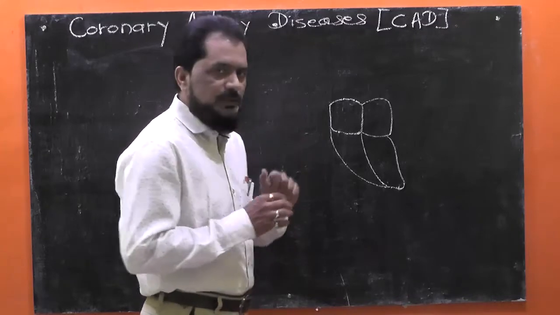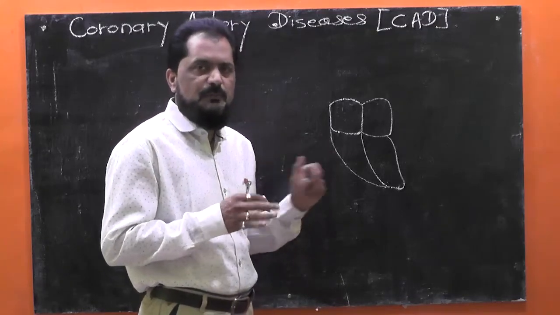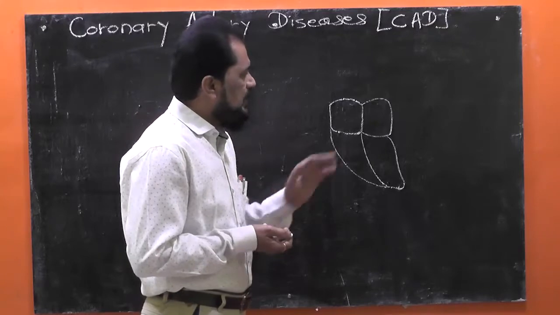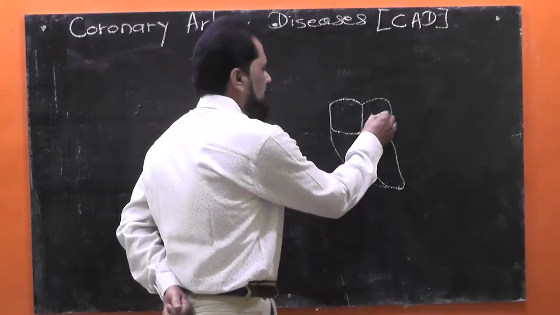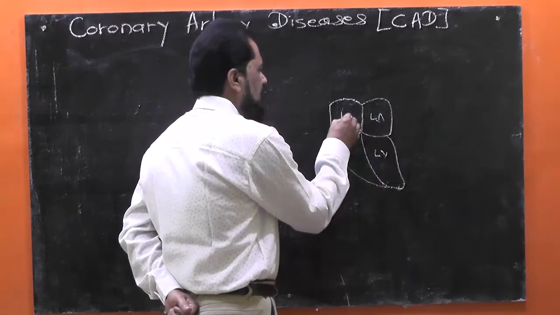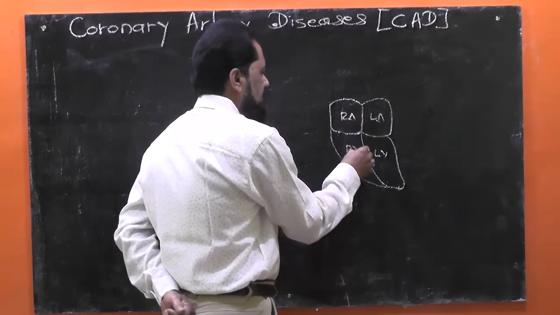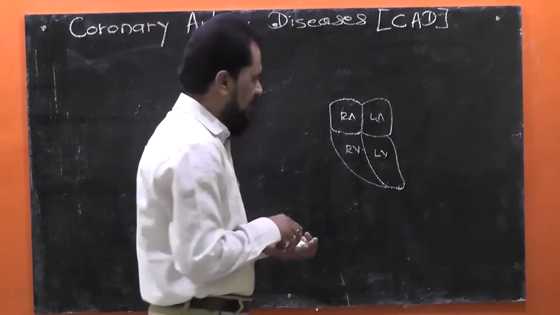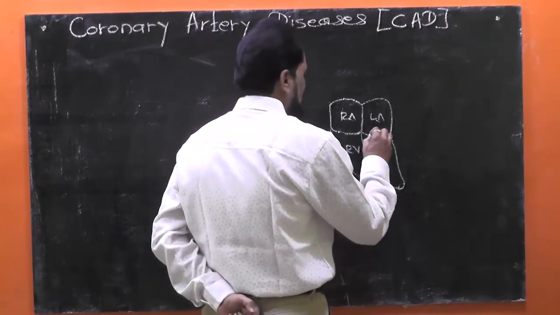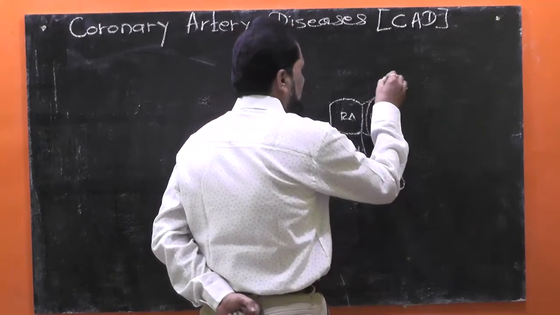Now, please look at the diagram. Here I am going to show diagrammatically. Suppose here I have shown four chambers of the heart, such as the left auricle, left ventricle, right auricle and right ventricle. Now we are all aware that from the left ventricle arises the largest blood vessel, that is the systemic aorta,